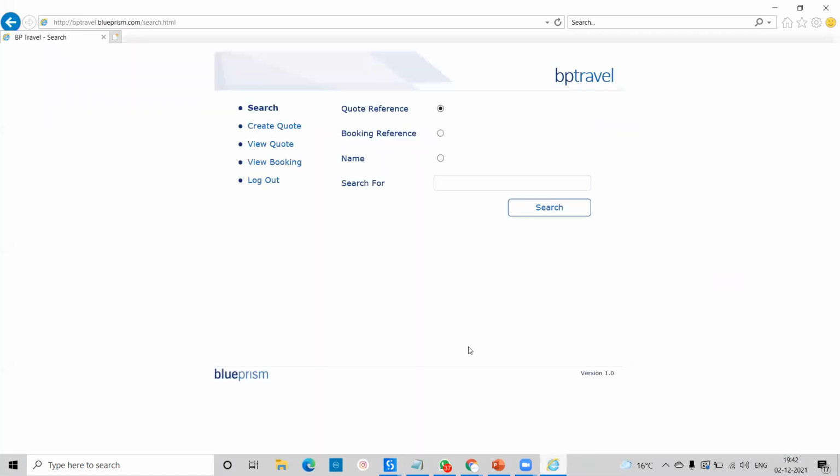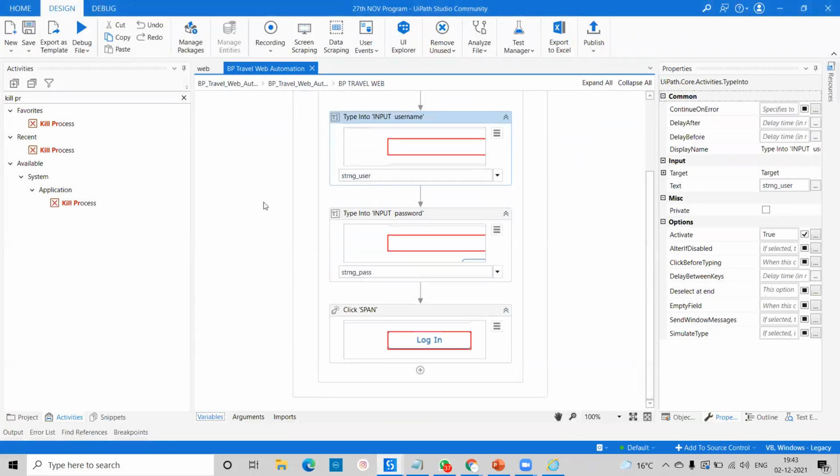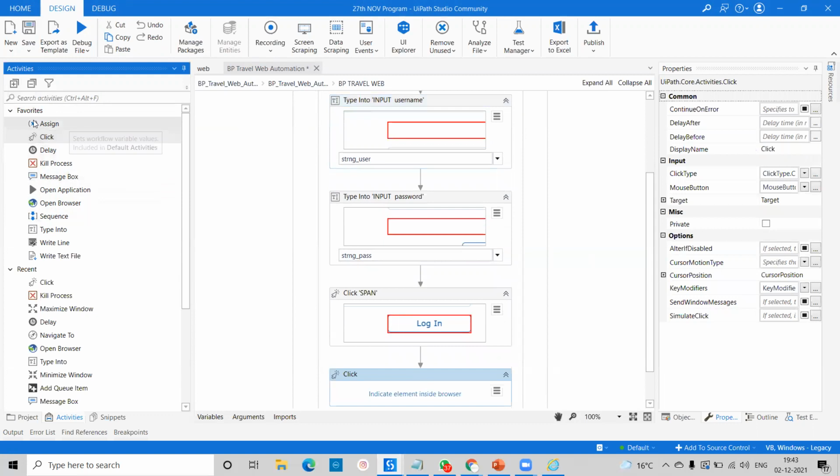After logging into this system, we'll click on create code. Every time whenever you're going to automate any browser, always check manually like that. That is called field testing: what is the behavior of the application? Single click, double click, what is required? Here a single click is required. I'll go inside UiPath, and here we'll use the Click activity again. The Click activity is already in the favorite list. If you ask what the favorite list is, it's whatever activities you use most of the time, you can keep in the favorite list.